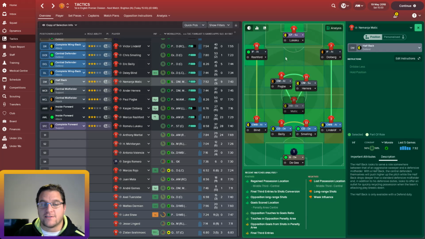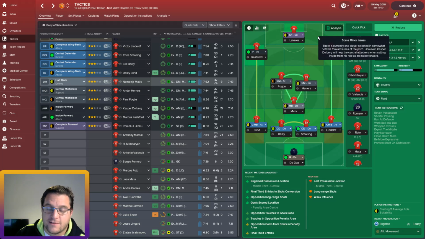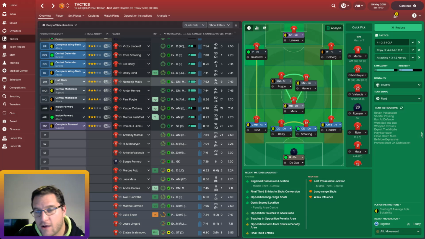They do everything, these guys. So that's how we play generally, as a formation to lay it out. Team instruction wise, retain possession and short passing. We want to build from the back, so we are also hopefully passing out from the back, but I don't